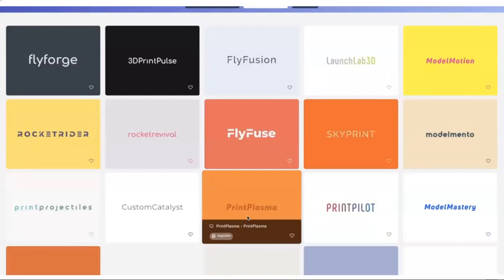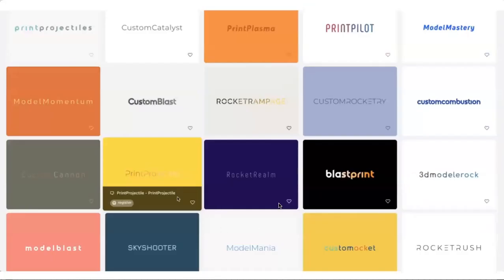And the longer you go on, the worse the names get. And they're not that great to begin with, but they're kind of like Launch Lab 3D. I could see that. So you just get kind of ideas: Rocket Writer, Custom Blast, Rocket Rush. Even if you're not using the name exactly as is, you get all these ideas and you think, oh, that is a word I didn't even think about using in my name.